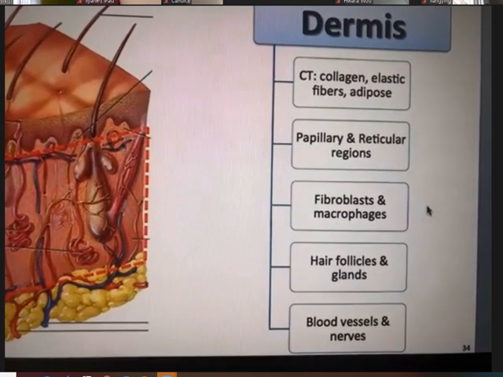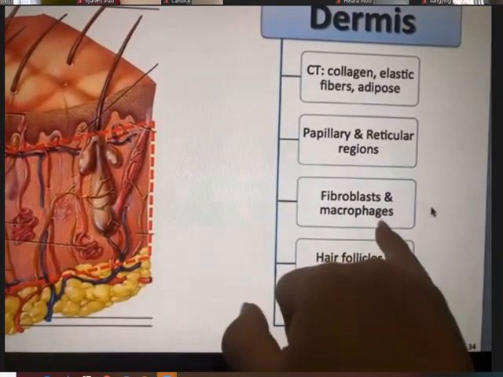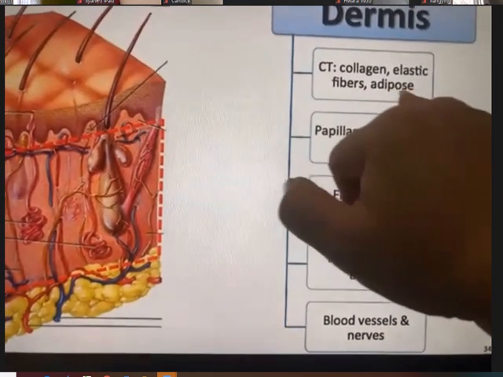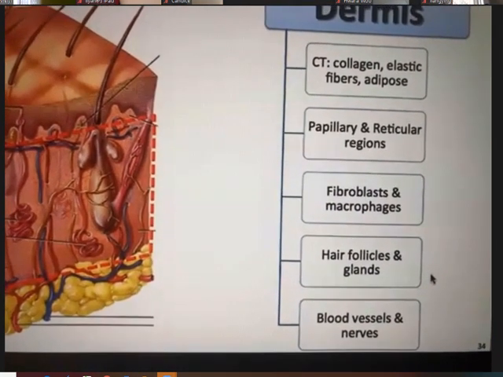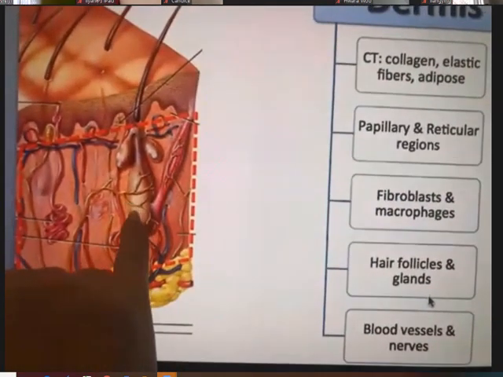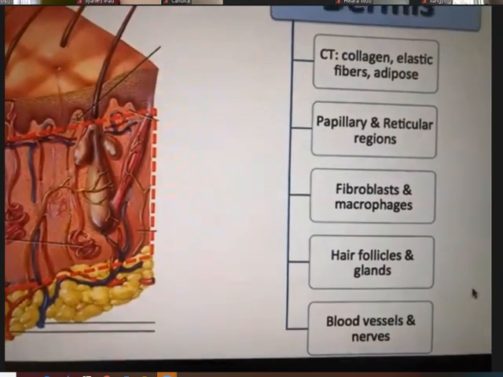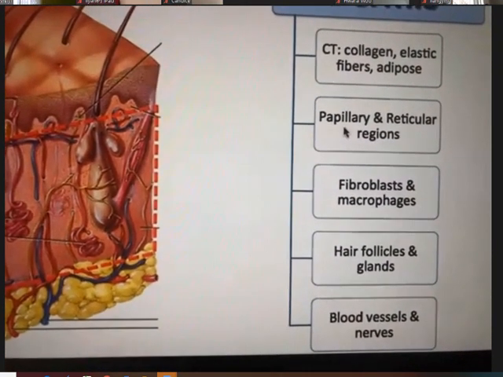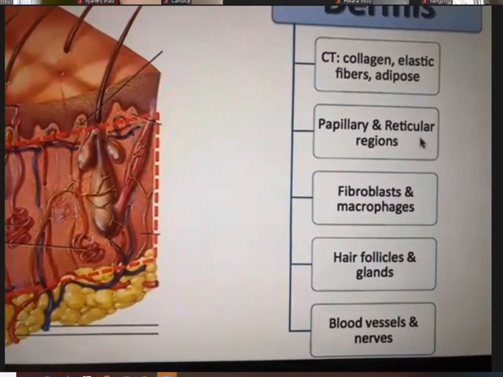Also, a type of white blood cell called a macrophage and adipocytes or fat cells are found in the dermis near the subcutaneous layer. There are many diverse accessory structures in the dermis, including the hair follicles, glands, blood vessels, nerves, and lymphatic vessels. The dermis is composed of two regions, a thin, superficial papillary region and a thicker, deeper